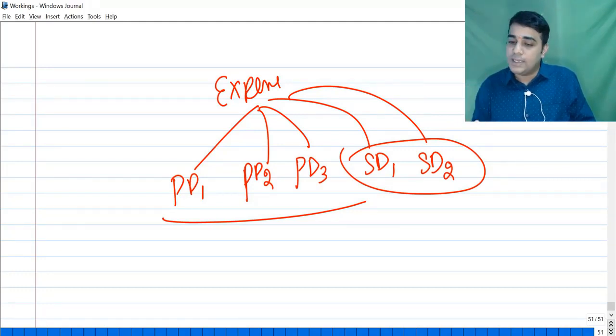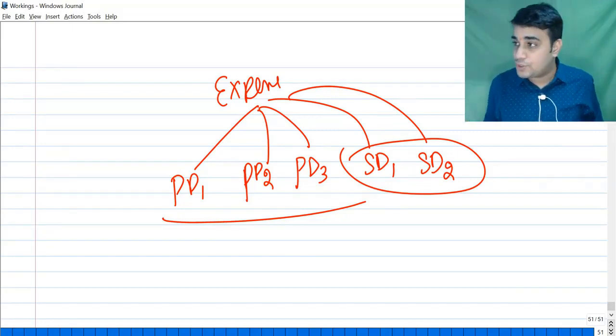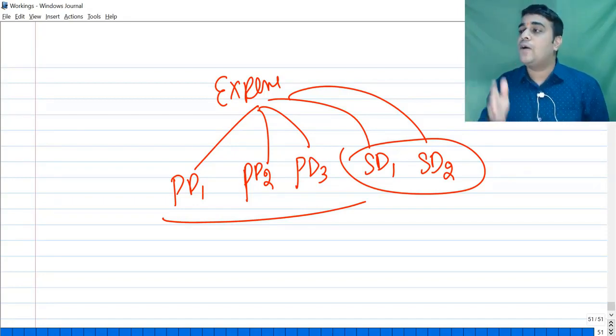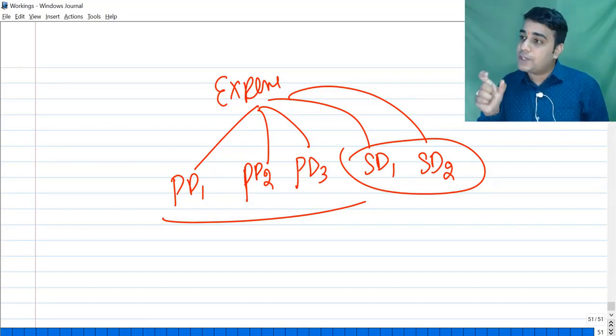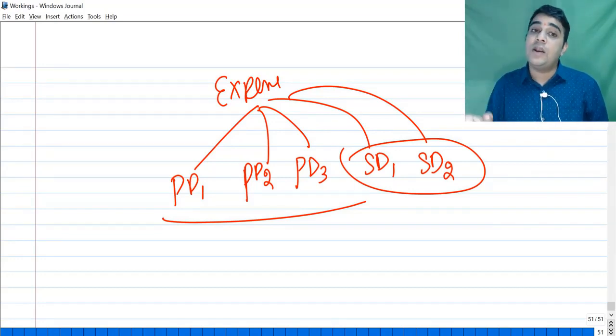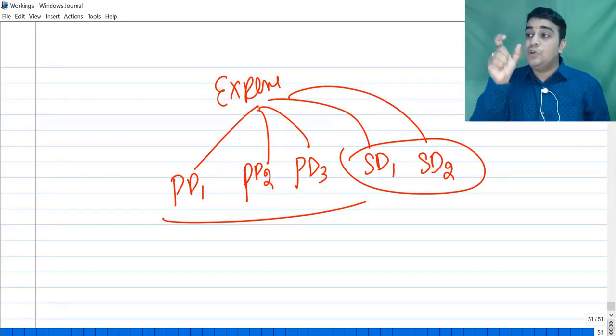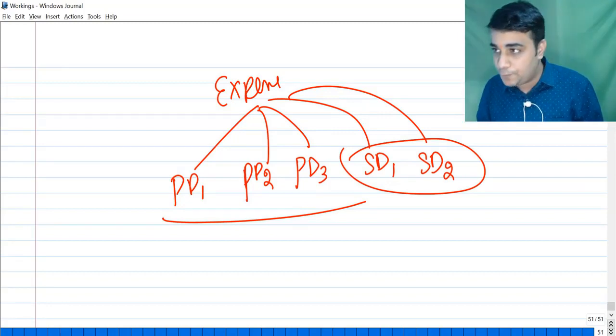Now, I don't know what is the link between DLH and inspection activity. Maybe there is no link at all. Direct labor hours and the inspection cost may not have a link. Purchasing and direct labor hours may not have a link. So, is there a proper linkage or not? We are not sure, but we were using a single driver. What ABC said is, different costs can have different drivers. Inspection depends on inspection hours, which depends on the number of hours you spend on inspecting one unit of a product.